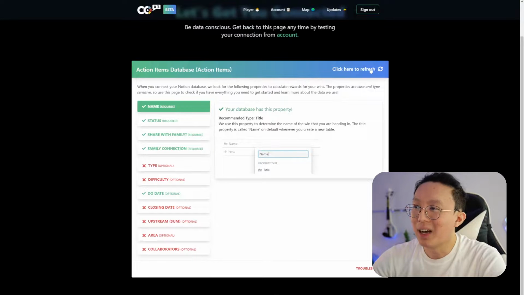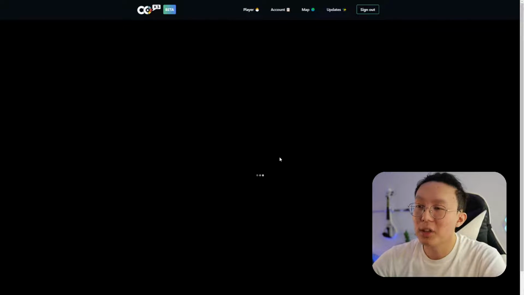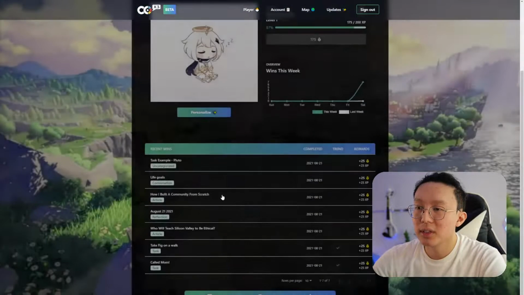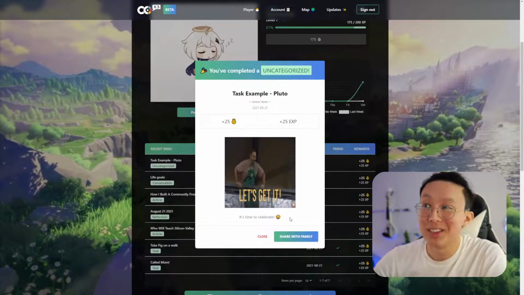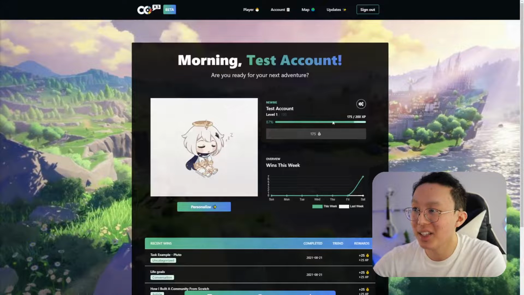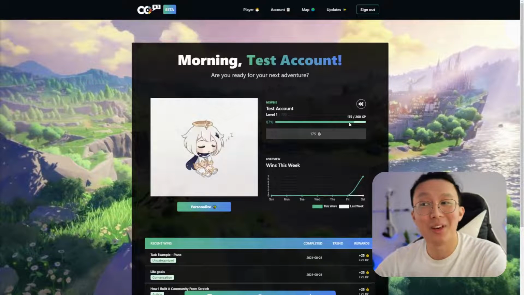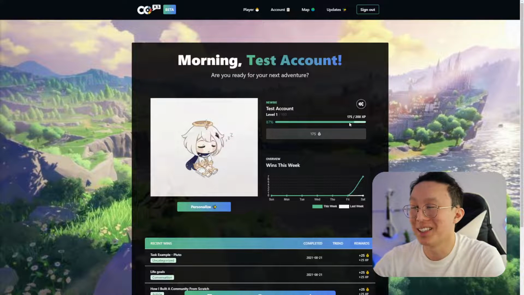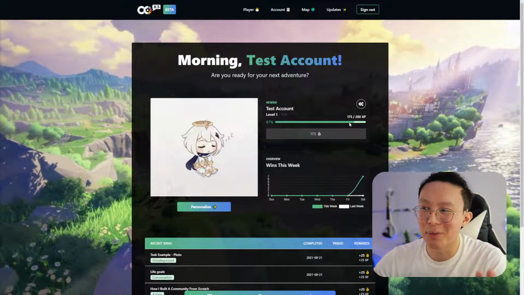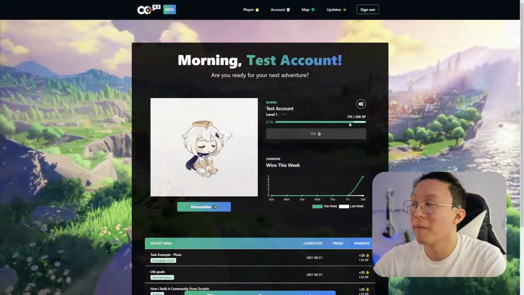But anyway, I'm going to go to the player page and I'm going to show you that it pulled in a task example. And again, I'm already starting to earn wins and earn experience points. And you can see, actually, I'm almost there. One more win and I'm going to hit 100%. I'm going to level up. So I'm going to show you how that one looks. It's going to be pretty cool. Imagine you can level up for things that you finish even in this, right?